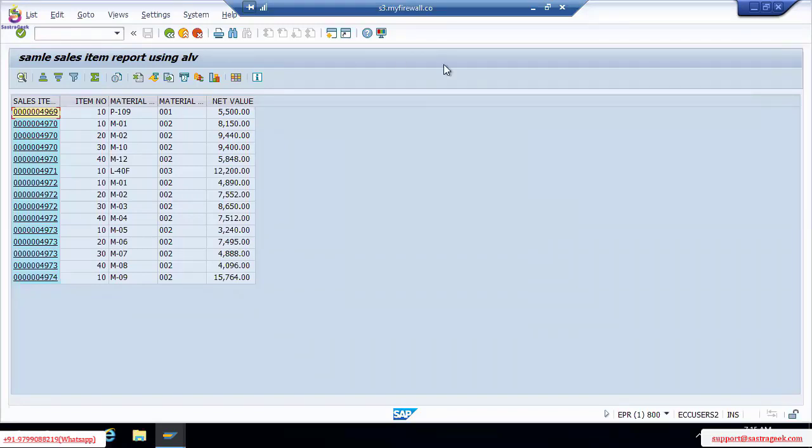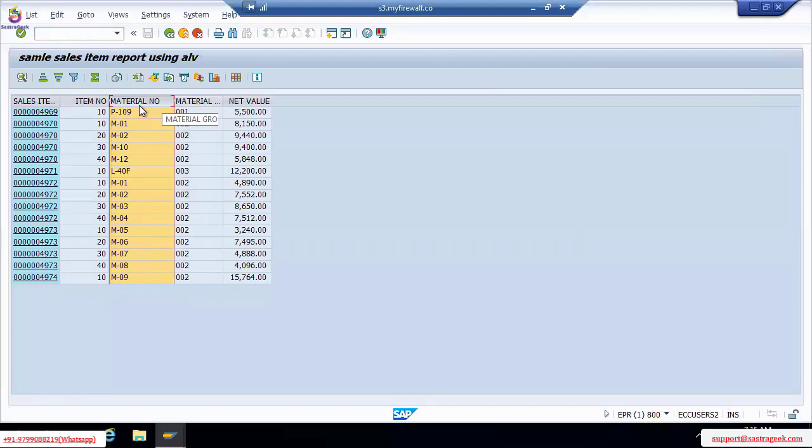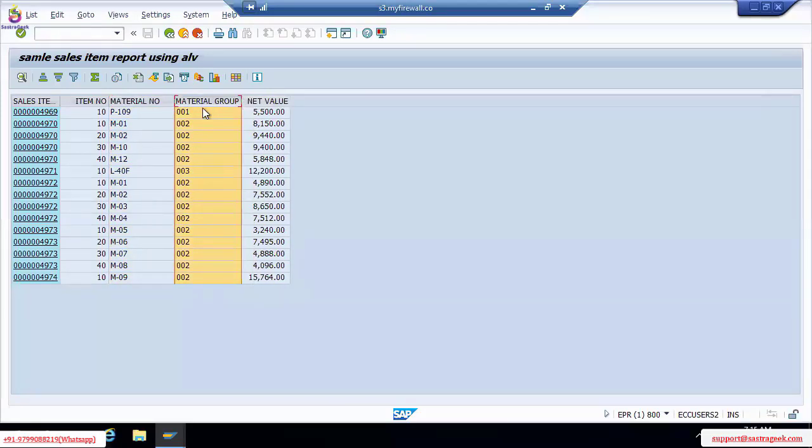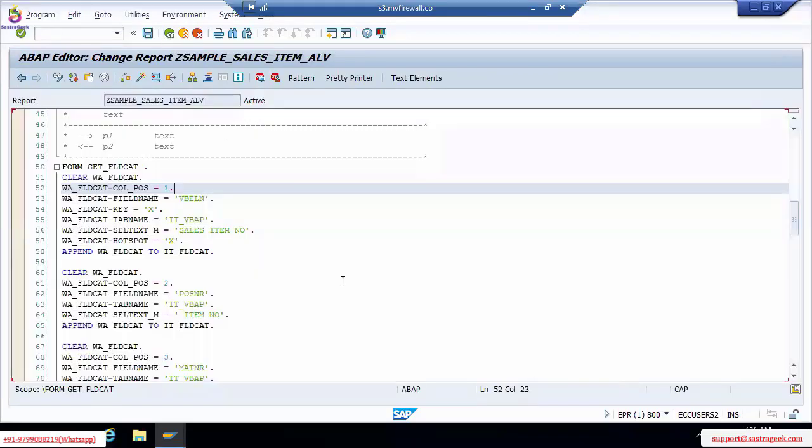And the second one: my client asked me, Anil Krishna, to apply the color for this material number and for this material group. We need to apply the color for this material number and material group. How can we apply the color? Actually, in normal ABAP, we just discussed how